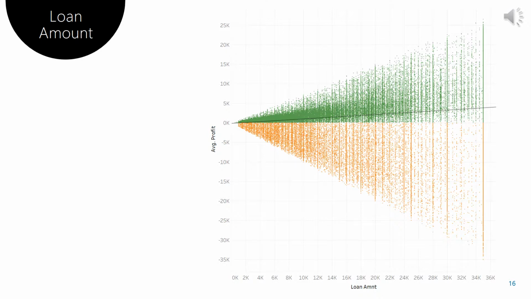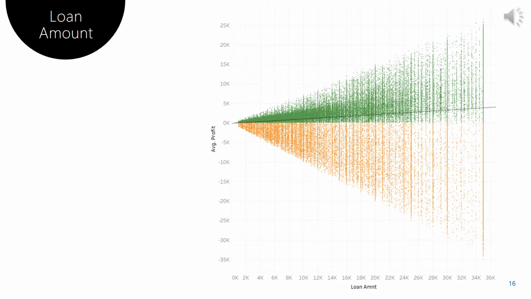Okay, so the first variable we're going to look at is loan amount. Loan amount is a continuous variable, and as a quick aside, there are two types of variables that multiple regression models can work with, and that is categorical and continuous. Continuous, such as loan amount, is exactly what it sounds like. It's a counting variable, 1, 2, 3, 4, 5, 6, 7, 8, 9, 10, and so on. Categorical variable, exactly what it sounds like. Categories. Loan term, for example, you have category 1, 36 months, category 2, 60 months.